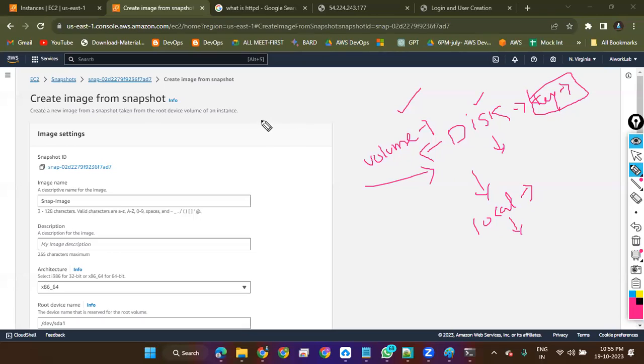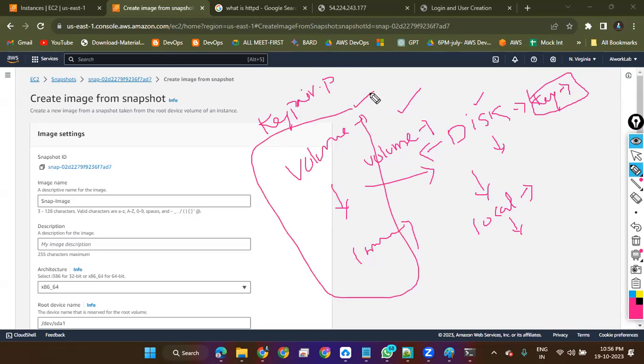In Linux also, what if our key pair is lost? We are logging in with a key pair, right? What if the key pair is lost? I'll tell you this, there are two types we have. It will take 1 hour to teach you clearly. It's an important interview question as well. If we lost the key pair, how do we restore it to log into the server? If it is a production server, very critical, how to restore it? This is going to be done with the volumes.